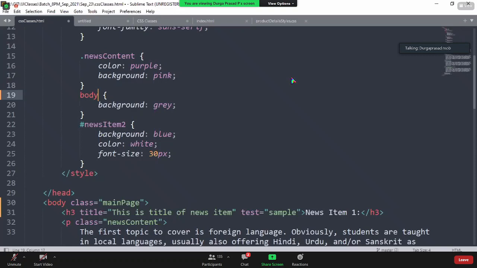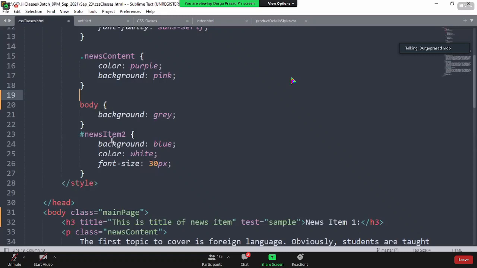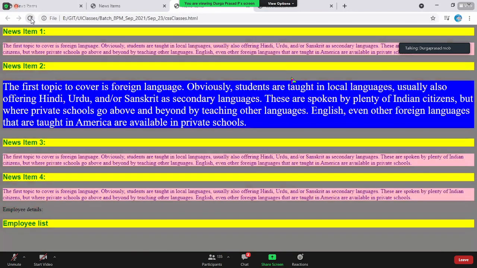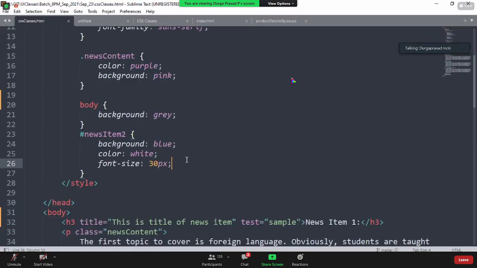What is the symbol you need to add? No need to add. Right? If it is tag based, you don't need to define any operator here. Now I simply have this. I don't need to give any type of class here. So in this case, it is recommended to go with tag based, because I'm sure that body cannot be used multiple times within the application. So instead of wasting my space by giving a separate class name for the body tag, I can go with defining the CSS directly. Okay.